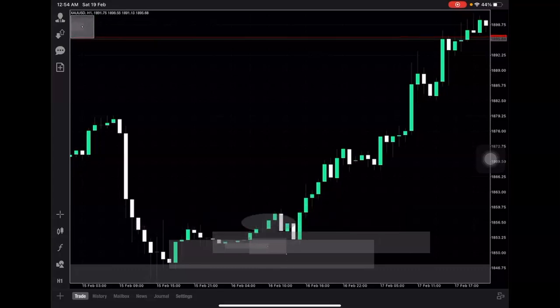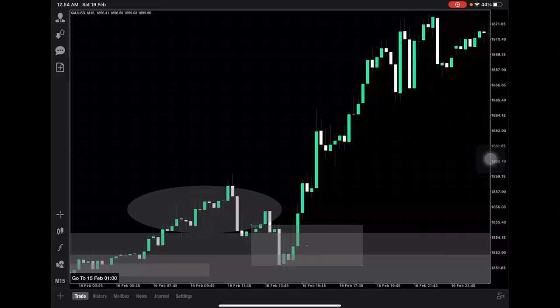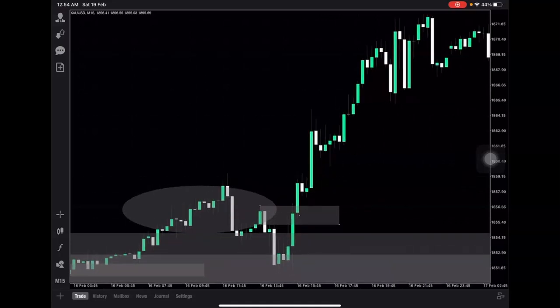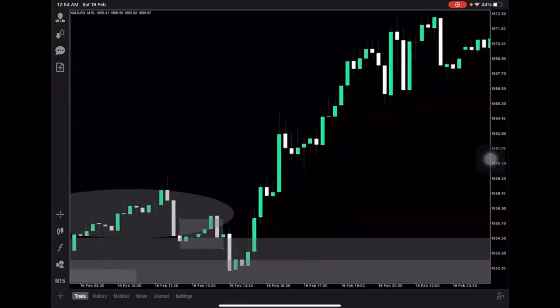Since the zone is small enough, what I will do is that I will go to M15 because I want to entry earlier, isn't it? So when price pulls back, see, along the way price forms engulfing sell, engulfing sell, engulfing fail. Of course you're not going for buy immediately. Of course you're going to wait for engulfing buy or engulfing fail to happen, isn't it? So when price pulls back, see, engulfing buy, and at the same time engulfing fail,